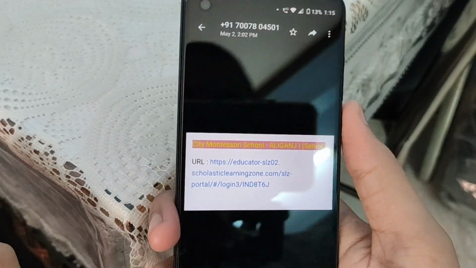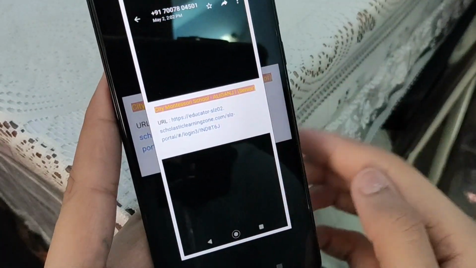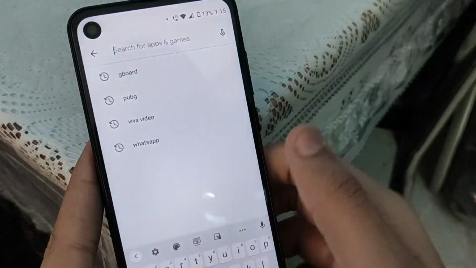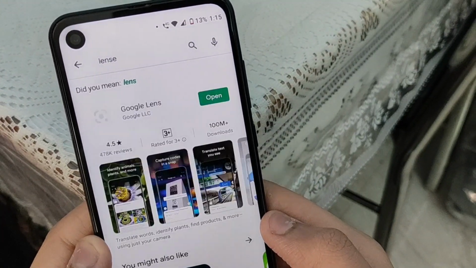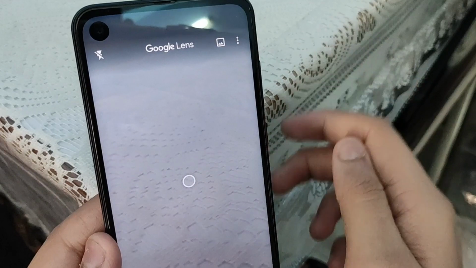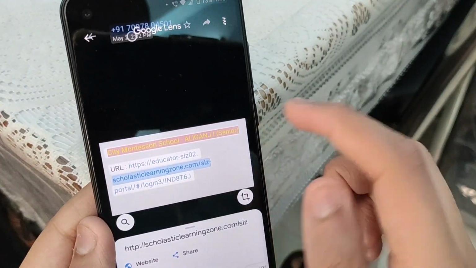Then, if you have a photo of a URL and you don't want to type in the whole address, just take a screenshot of that URL, go to Google Play Store, and download Google Lens. It is a very good app by Google. Once the app is downloaded, click on the top right icon which shows a gallery icon, and then select the screenshot, and then you can just resize it,